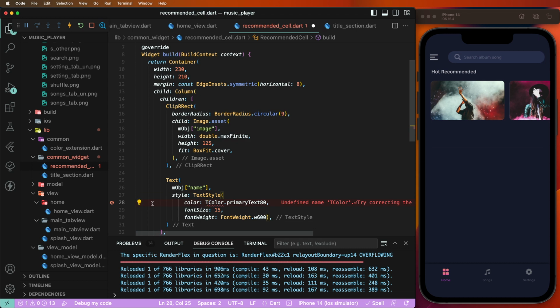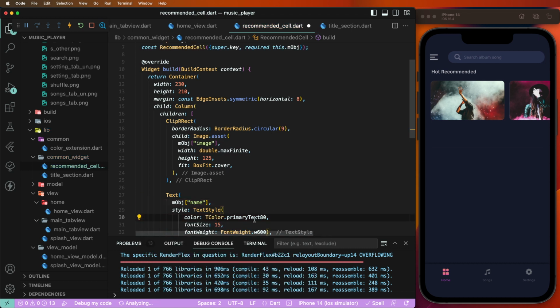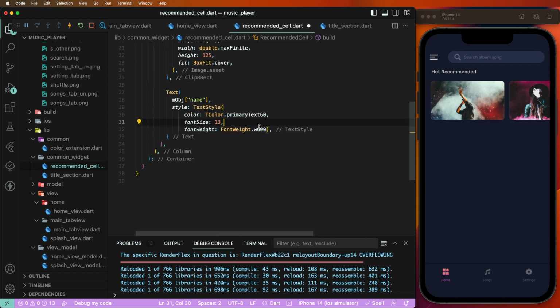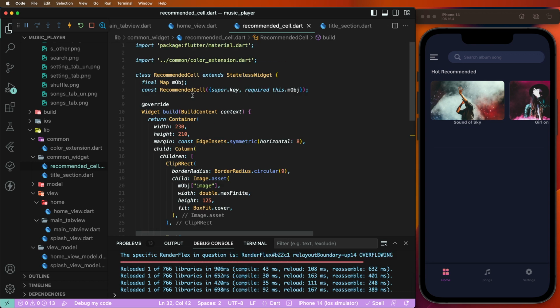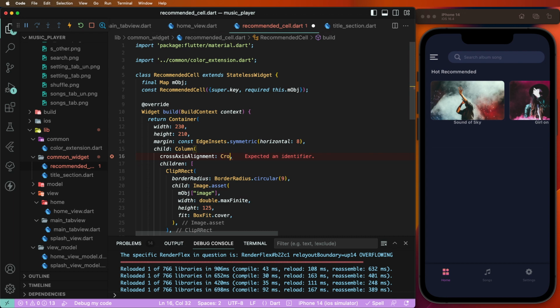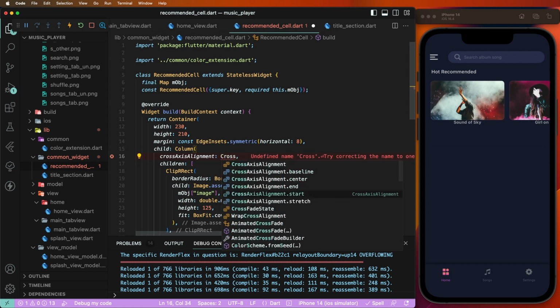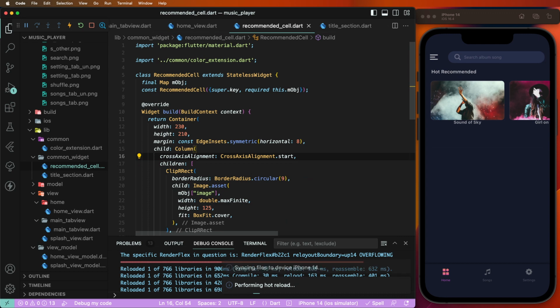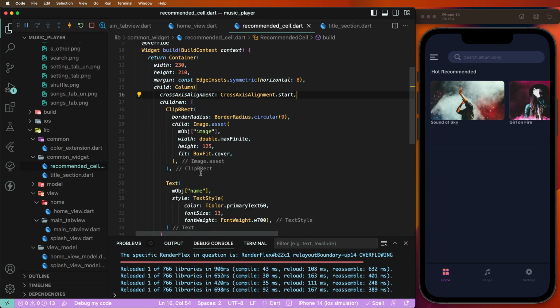And now need to import here the color extensions and to check here the extensions. 60% we need to use here and to set here the 13 bold. Set 700 and to write down here the cross axis alignment. Set here the start. Set the start here and to write down here and need to create here